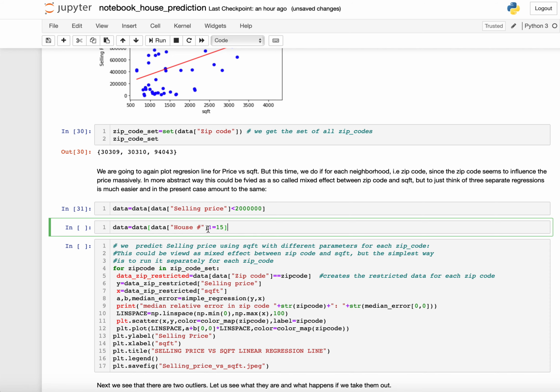Here we do for the zip code in zip code set. No, here I didn't use the group by actually. Here I run a loop for each zip code in my zip code set. So here data zip code equals zip code. This is the data restricted to the zip code, and I run regressions,